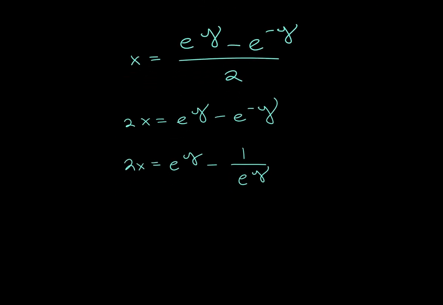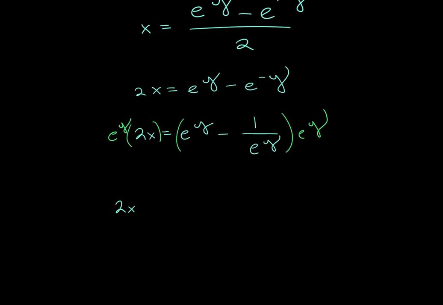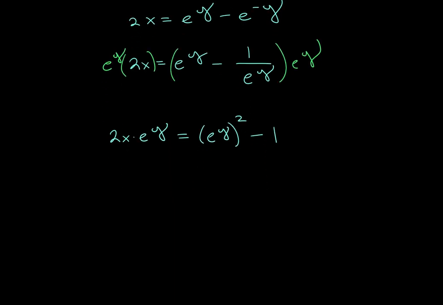Now what I'm going to do is multiply both sides by e to the y and hope for the best. I think something nice is going to happen. So here what I got is 2x times e to the y, and that's going to equal e to the y squared minus 1. Bringing things around, 0 is equal to e to the y squared minus 2x times e to the y